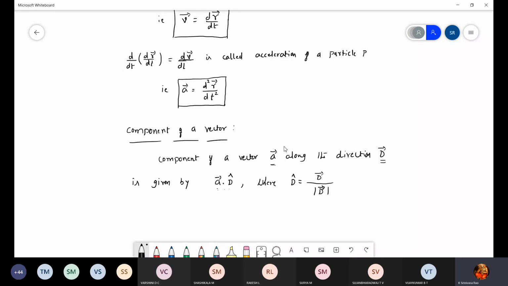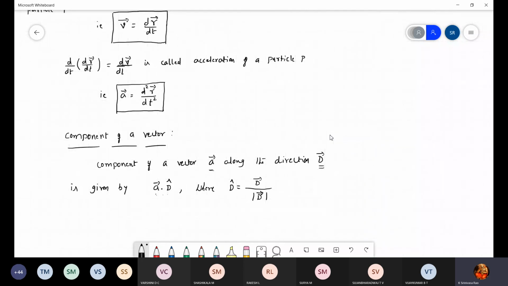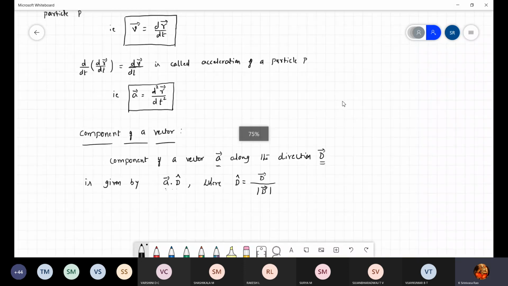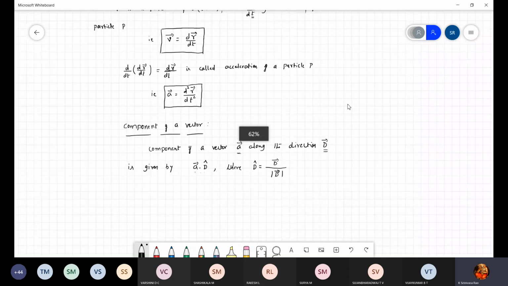Any doubt you can ask up to here. So position vector R and differentiation dr by dt has two meanings. One is geometrical, it gives a tangent. Physical meaning, it gives a velocity. If you differentiate one more time, it gives acceleration. And if they ask find the component of velocity or acceleration, the word component means they will give one directional vector D, and you have to calculate the dot product. The dot product we discussed yesterday. Yes, now we'll go with the problems.